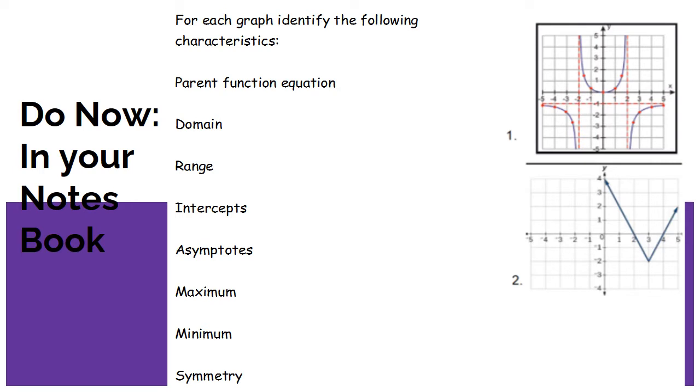Here we have some graphs that we're looking at. Remember, the domain of a graph, just like you read, is from left to right, correct? So domain is asking how far left is this graph going, and how far right is this graph going. If I look at graph 1,